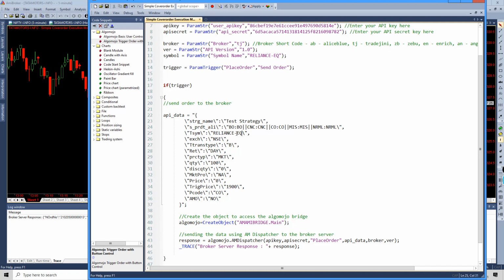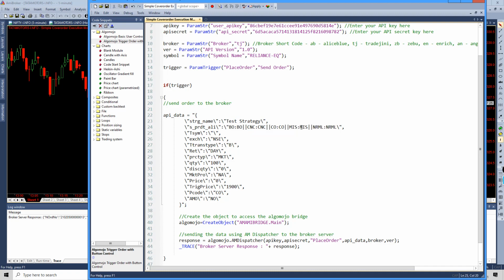So I'm going to replace these controls from here. So in order to replace the controls, what we have to do here is create a simple replacement for this control. In order to do that, I'm going to replace this Reliance-EQ with that symbol variable. So let's see how to do this. This is a very minute procedure that you have to follow here. You have to do it very carefully. So listen to what I'm doing over here.